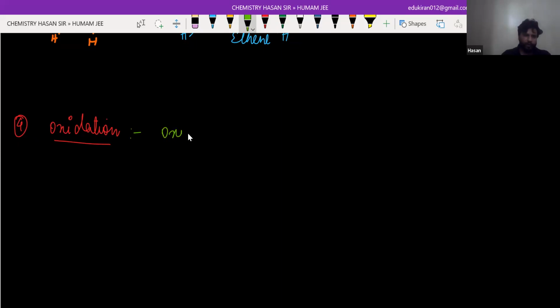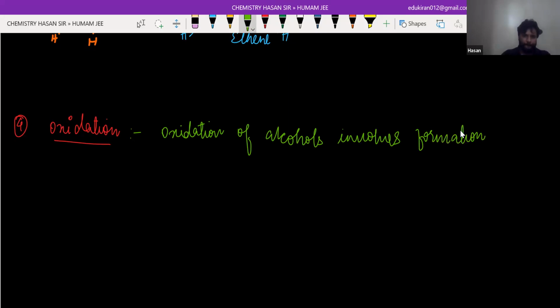So we can write oxidation of alcohol involves formation of carbon oxygen double bond. That means carbonyl, carbon oxygen double bond